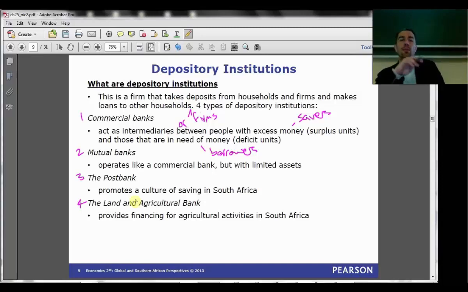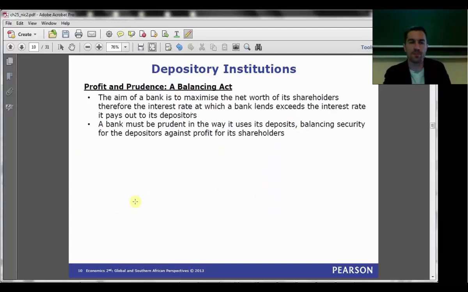There are sort of mutual banks that are community banks which operate more in the rural areas of the country. I know that when Zuma needed to pay for part of his upgrades to Nkandla, he did it through one of those banks. I can't remember exactly what it was called, but I think it was also a sort of mutual land bank organization. And remember, we also have things like stokvels, which a lot of people are involved in, which are not really formal banks, but they provide a similar service.